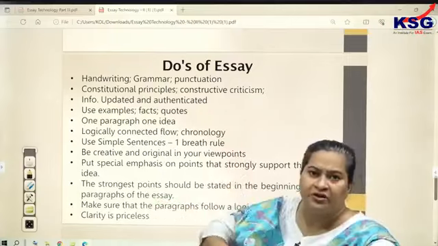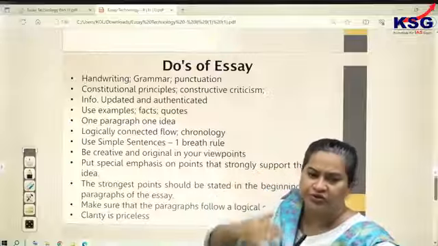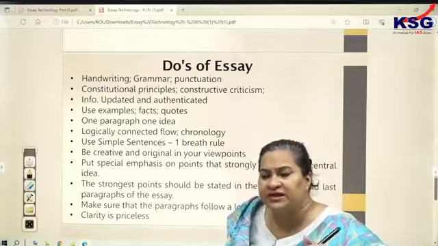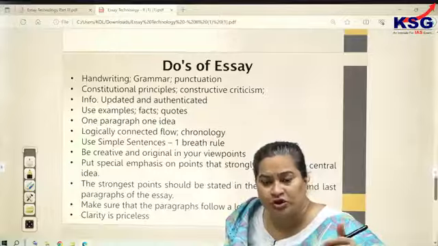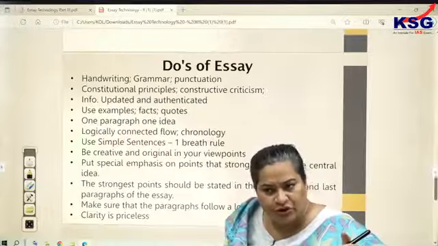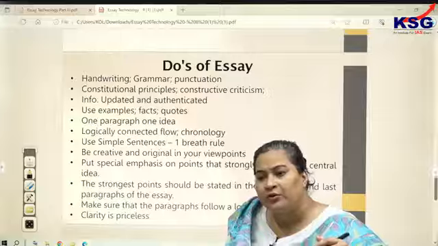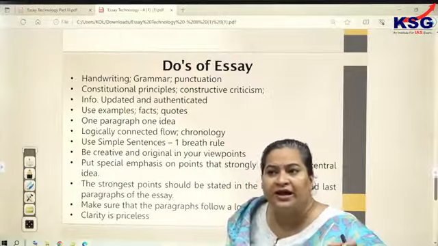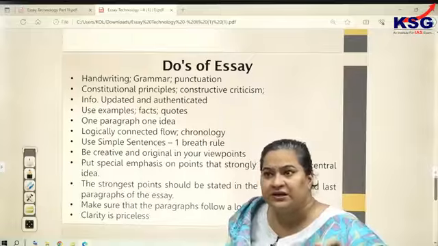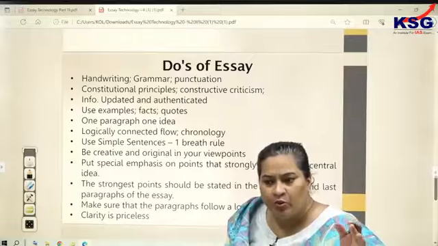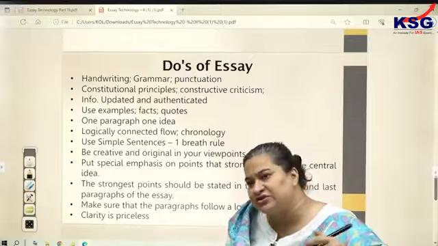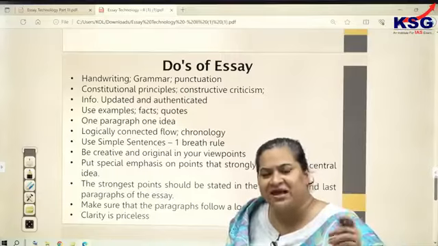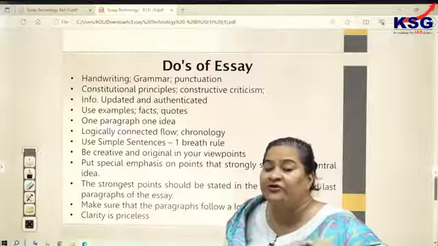And how to create the logical sequence? One point connected to the other with powerful connectors. Powerful connectors means we can say the effective usage of conjunctions, or if not the conjunctions, also effective usage of phrasal expressions and language, to which you all can notice how the NCERT paragraphs are connected. The paras written in NCERT, how one idea is written and then it leads to the second idea, and then further when they are changing the para and connecting the next idea with the previous one, what kind of language